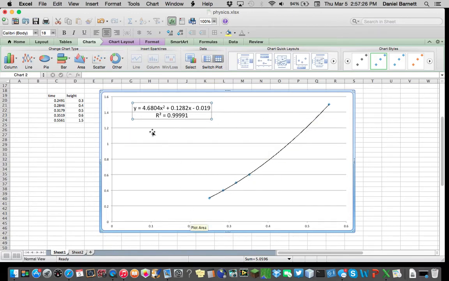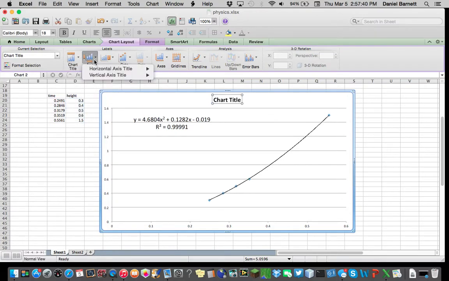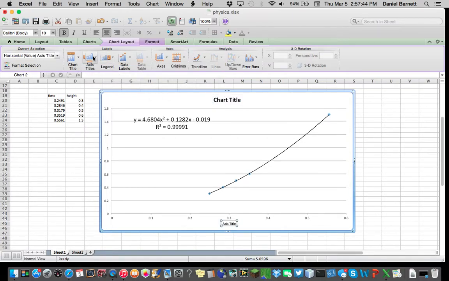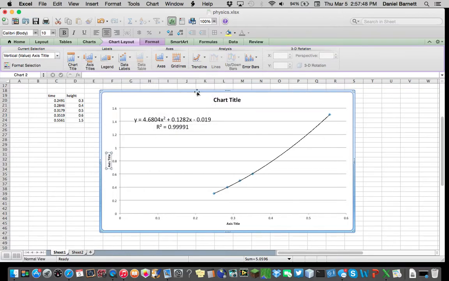Now we want to add the graph title and the axis labels. So we go to chart layout, select chart title above, axis titles, horizontal title below, go to axis titles again, vertical, rotated, okay,